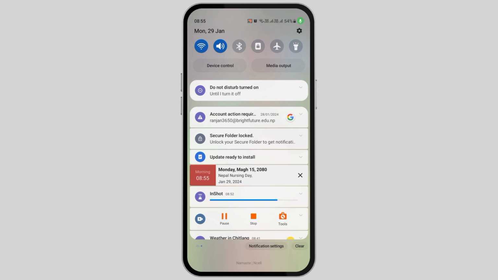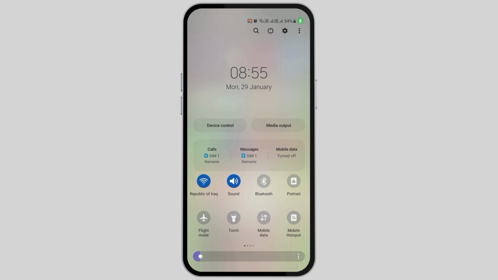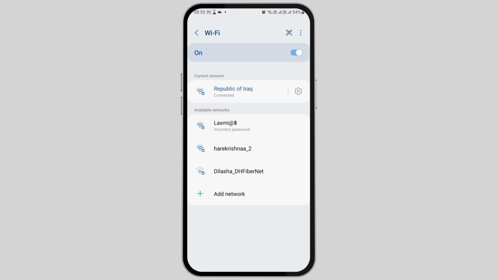And it may be a Wi-Fi connection or it may also be your data connection. So if you're connected to a Wi-Fi connection, just go to the up section out here and go to the Wi-Fi section in your mobile device. And after you tap on that, you will see the option of this very screen as shown here. And after that, you have to check whether the internet connection is stable or not. Mine is stable, so after you do this, you have to go back and you have to go to the